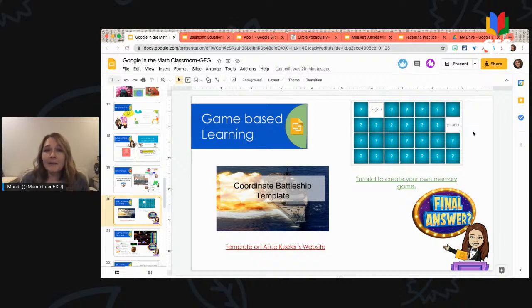I've mentioned before how much I do not like to cut paper. My teammates came to me and said, we want to do this activity as a memory game where they have to match the linear equation to the graph. And I said, that's a great idea, but that's a lot of paper to cut out with all of these